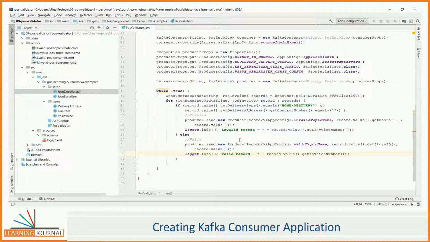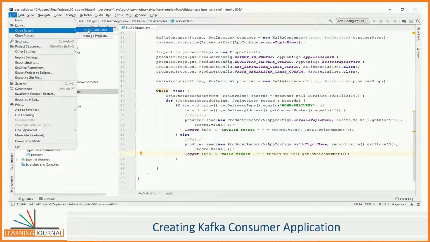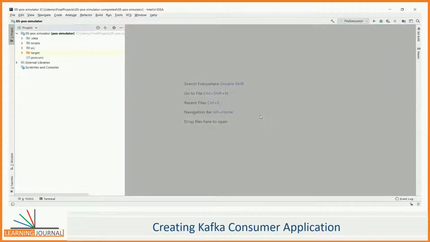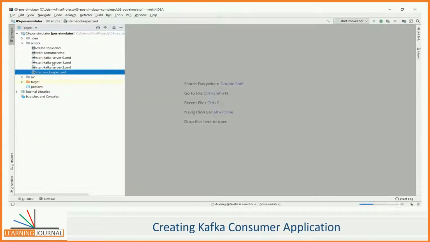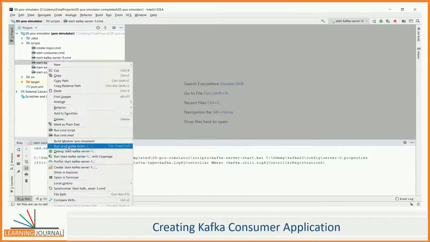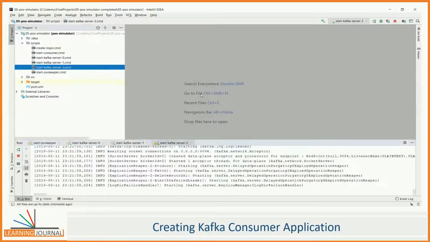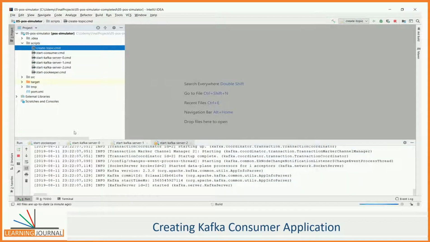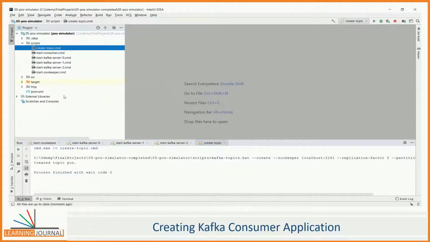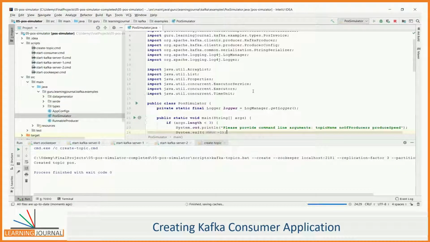You can test this application easily. Let's do it quickly. Let me load the POS simulator application in a different IDE. I'll start Kafka Cluster Services. Create POS topic. Execute POS simulator.